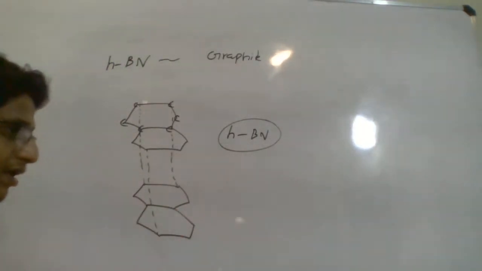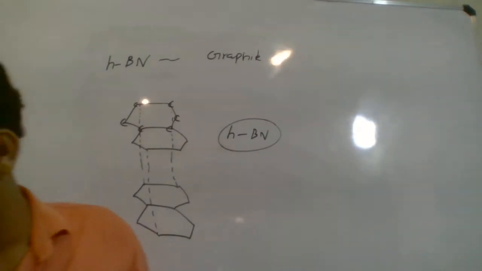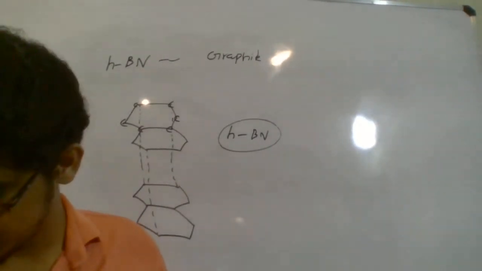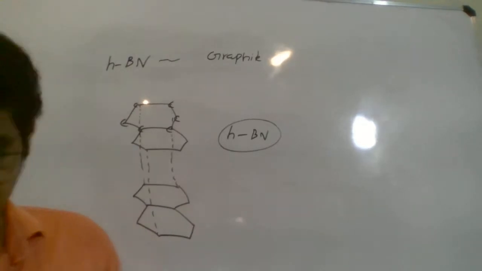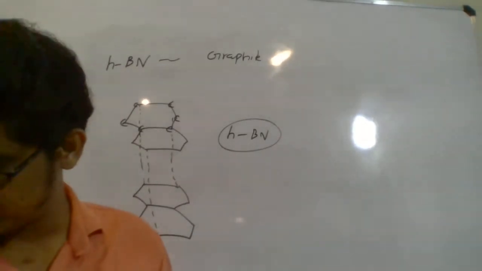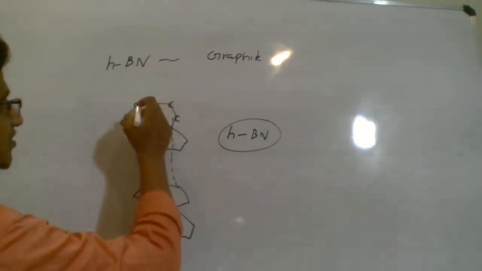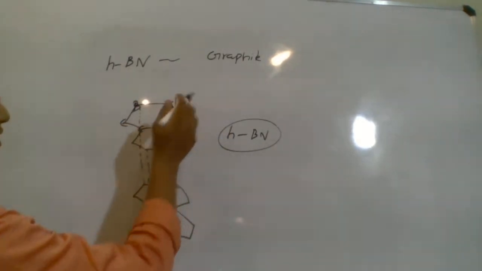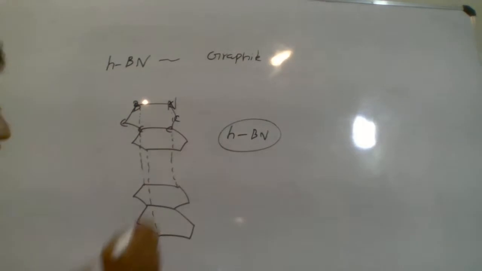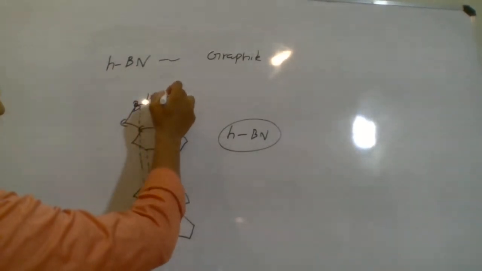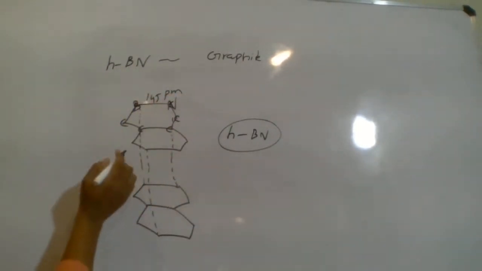If you compare the bond length and the distance between the two layers, they almost look similar. For example, in the case of boron and nitrogen, the bond length is around 145 picometer, and